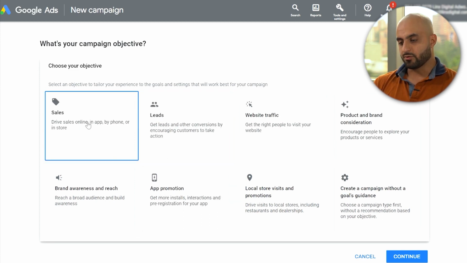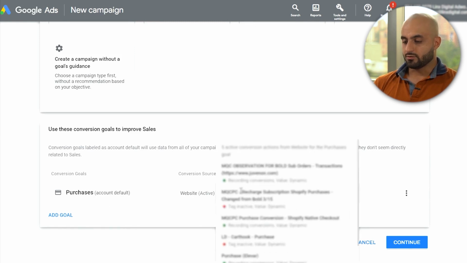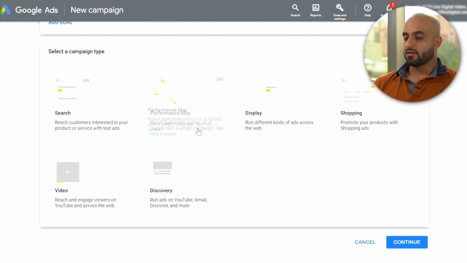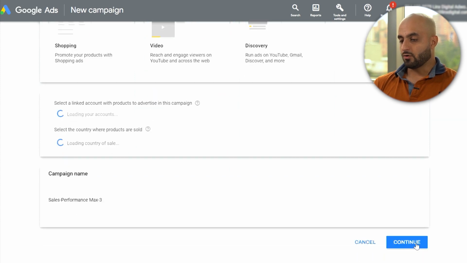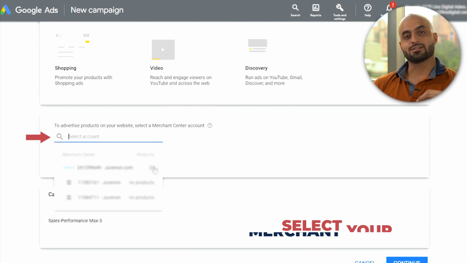Normally, if it's e-commerce, we're gonna go with sales, obviously. You wanna ensure you have the conversion tracking set up properly, right? As you can see here, this is the conversion goal set up. You go to continue, and then you're gonna see the Performance Max here, right? It still even has the icon there of new. And that's basically it. And you just continue on, select it, and here you have the opportunity to select a